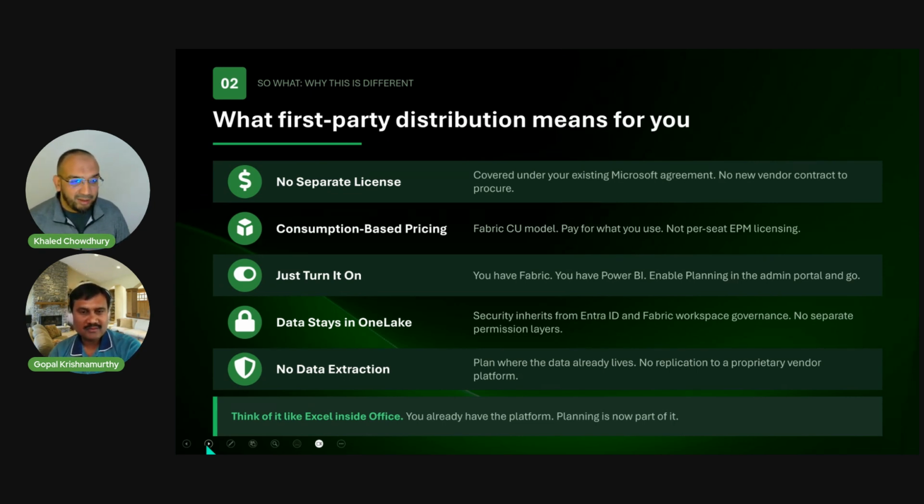And I guess this is not free. One of the things I want to clarify is that this is not free, but there's no separate pricing. Are you going to get a separate bill? No, you're just going to be eating from your Fabric capacity. The question is, do you have enough capacity or not? I'm guessing there's going to be a new calculator guide and all the stuff coming down the pipe, right?